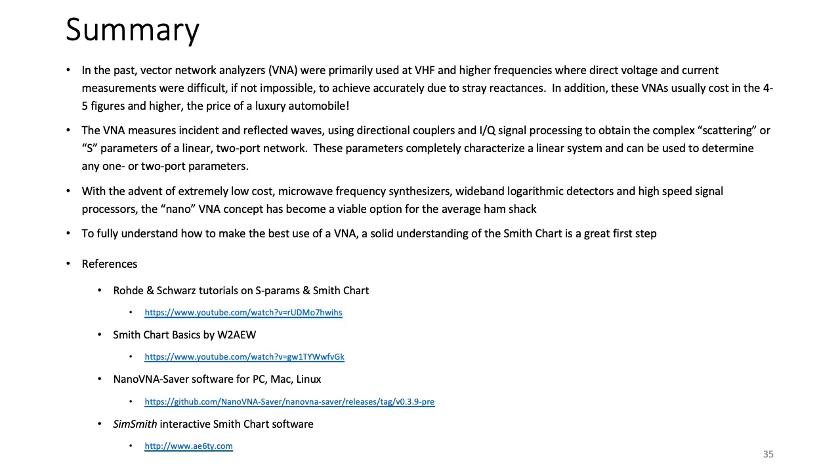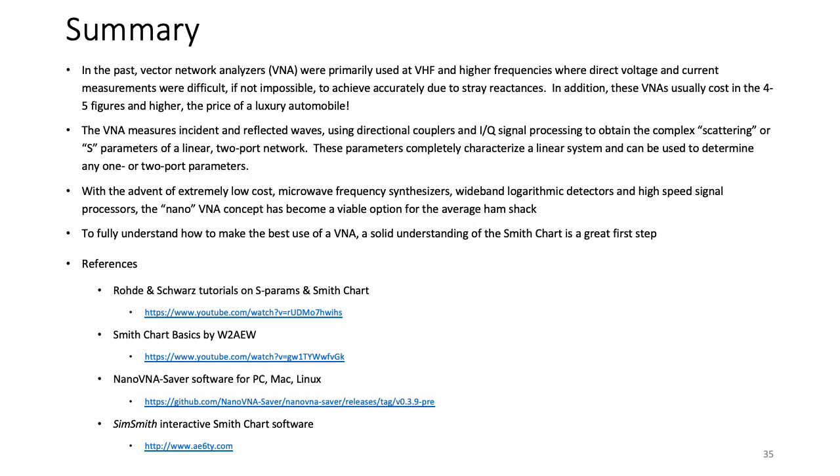Remember that you can completely characterize a linear system by these 2-port parameters. And like I said, with the advent of these extremely low-cost microwave frequency synthesizers, wideband logarithmic detectors, high-speed signal processors,